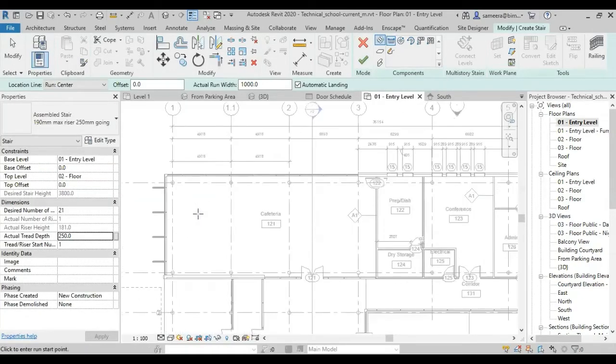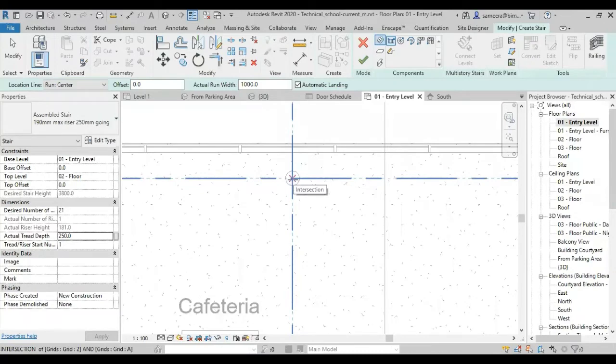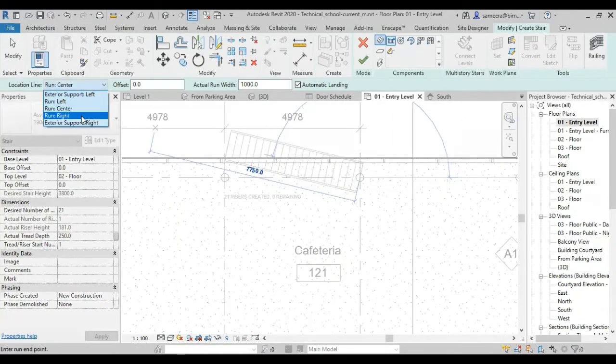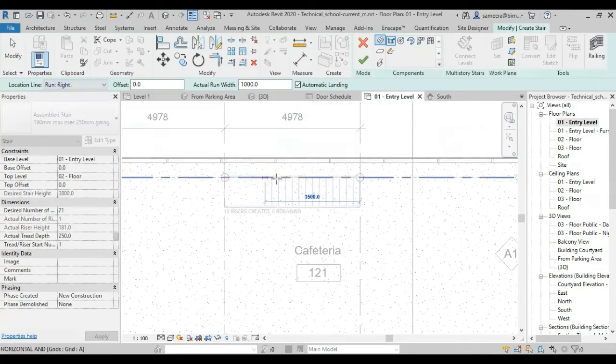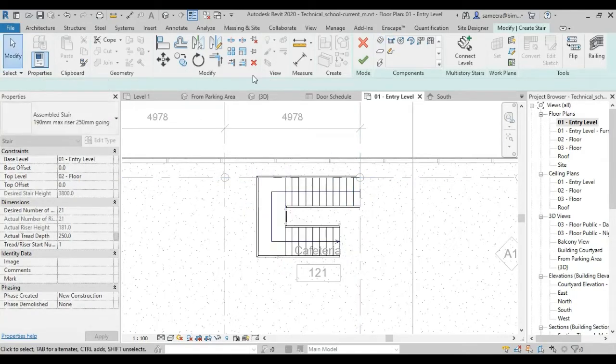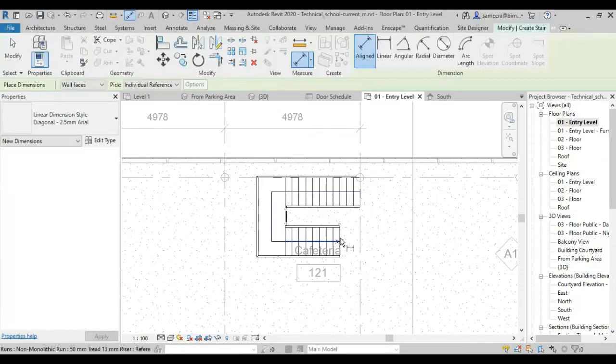But the question can be like this: start the stair from grid 2, this intersection. So we have to start there, and also the location line can be left or right, whatever we need to do. In a flight there can be this number of risers, and the next flight. So as they mention, we have to create the stair, and after that the question can be like this: what is the distance from this end of the stair to this end?